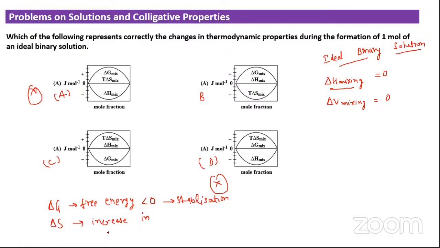All the spontaneous processes lead toward increase in entropy. Okay, entropy increase होगी तभी solution बनेगा. Solvent में आप solute डालते हैं, entropy increase होती है. This is a natural phenomenon. So delta S should be greater than zero, so T delta S should be greater than zero. So now let's quickly look कि delta G किधर negative है और T delta S कब positive है. तो T delta S positive है और delta G mixing will obviously be negative. So option C is